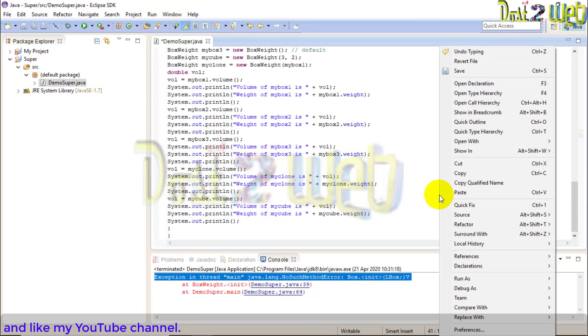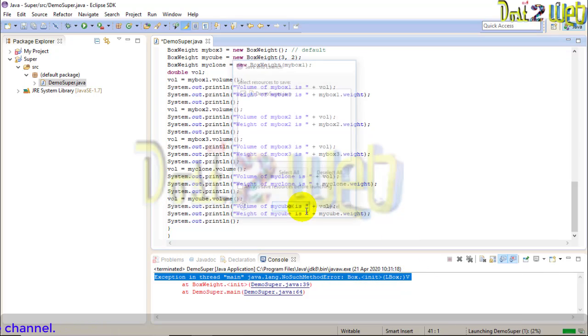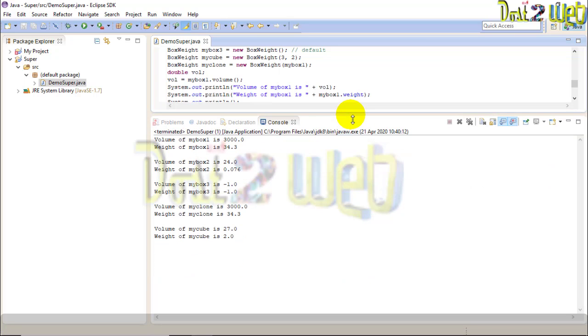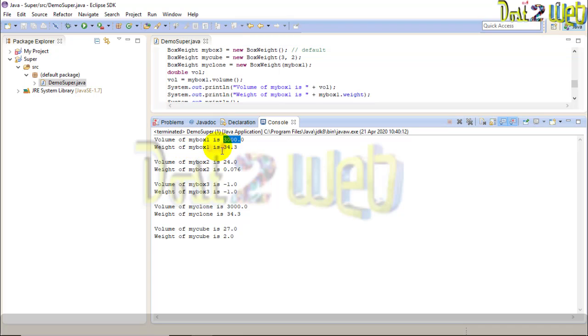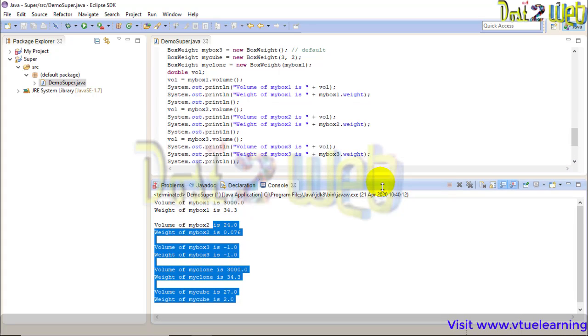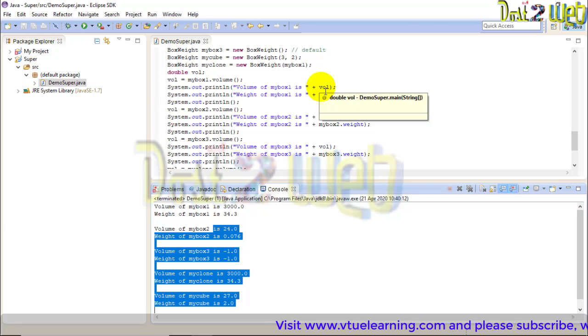Now let's execute. See, we got the output, my box volume, this much, weight of the volume, this much. So whatever we have defined, accordingly the output has come. You can see here, the first printing statement, total volume.